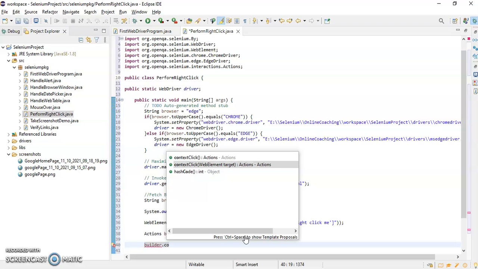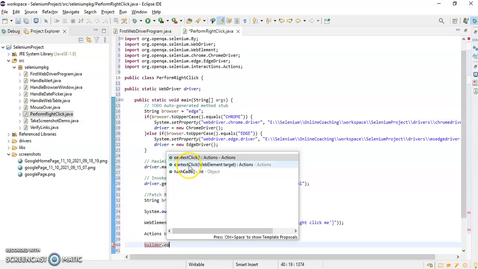Basically if you see, we have two contextClick methods. This is something called method overloading. One contextClick has a parameter and another one doesn't have any parameter, right? So what is the difference? If you go for this contextClick where we don't have any parameter, it will perform right click at your current mouse location. Wherever your cursor is, there it will perform right click.